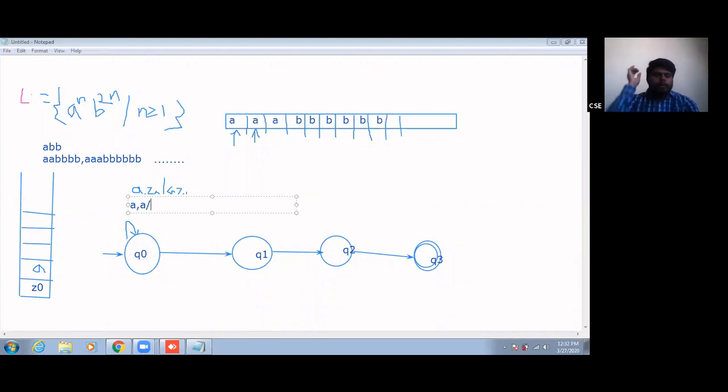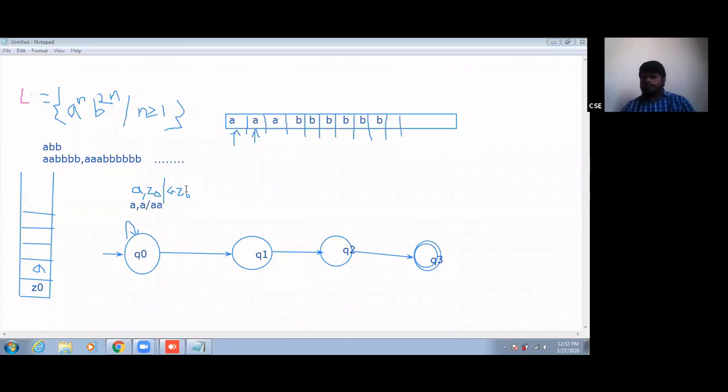I am performing A comma A. This is the transition I am giving. Now any number of A's is allowed. For the next A also, we are performing the push operation. So till now, we don't have any problem.